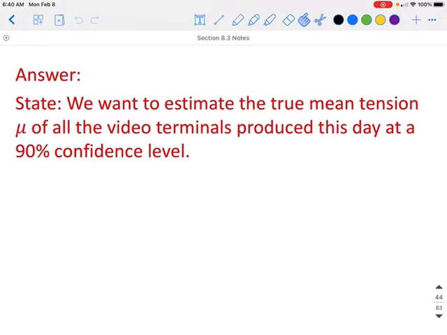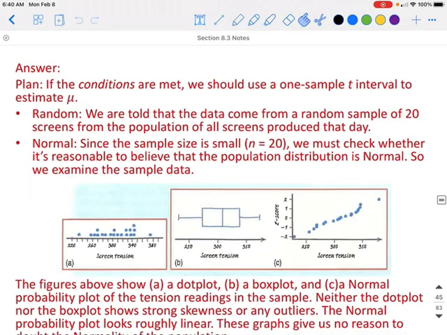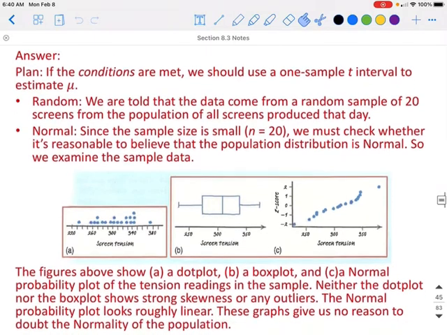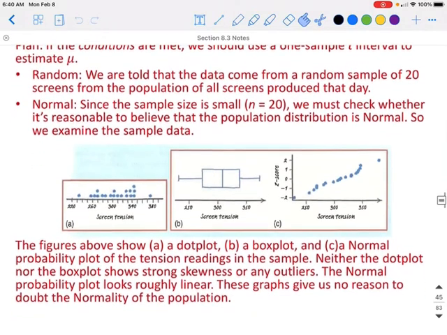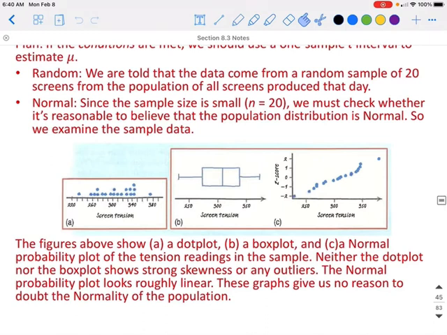So for this one, we do not know the standard deviation for the entire population, so we are going to use a one sample T interval for mu. Now we're going to check our conditions. We are told that the data is from a random sample of 20 screens from the population of all the screen productions. Since the sample is only 20, we must check whether it's reasonable to believe the population distribution